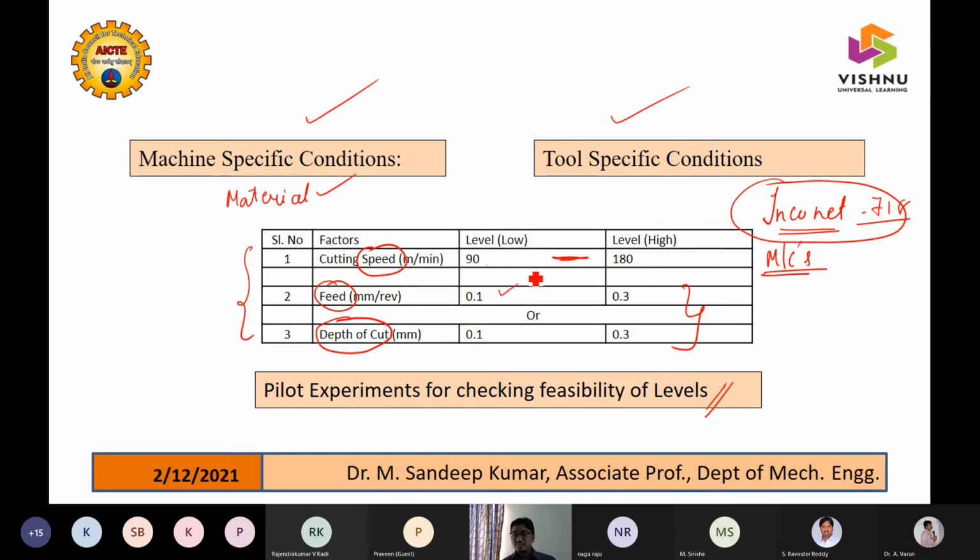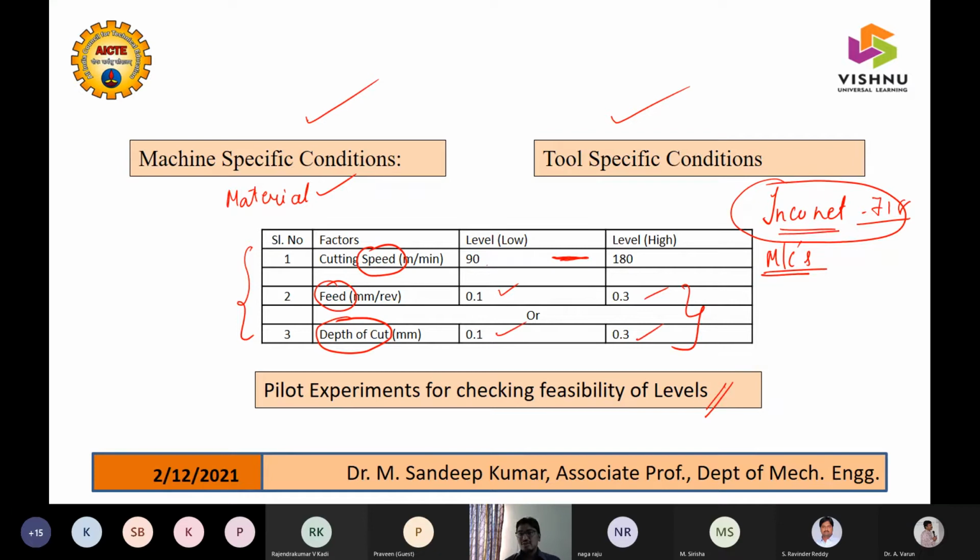Then we're mentioning like 0.1 and 0.3 and so on. If you see in real terms, these two are interrelated. If one is increasing, the other should reduce automatically. If one is decreasing, the other should increase automatically. So they are vice versa, always, speed and depth of cut. Okay, so this is where you get these values, minimum and maximum.